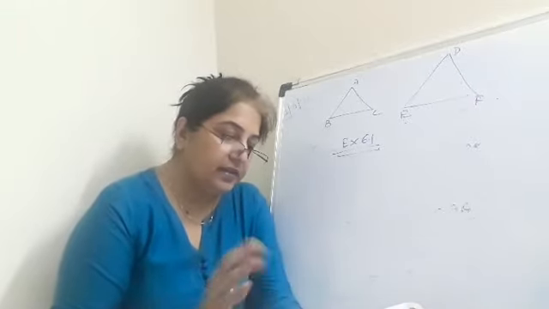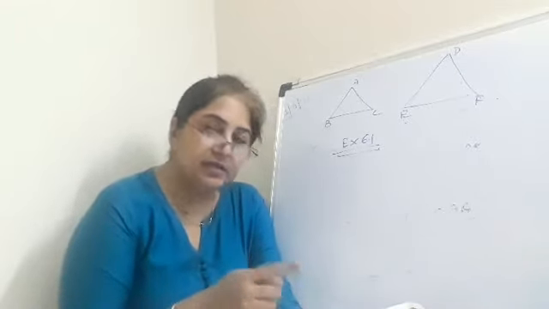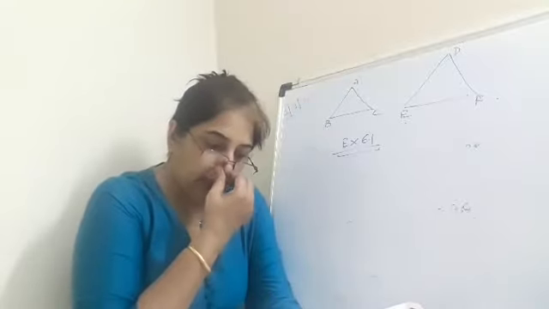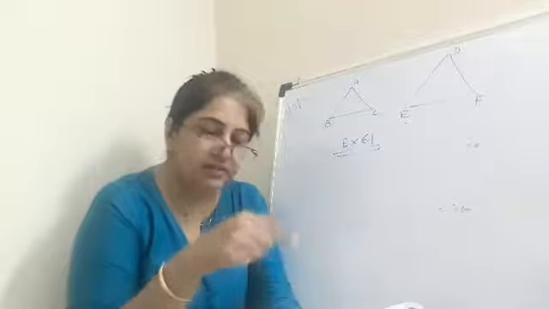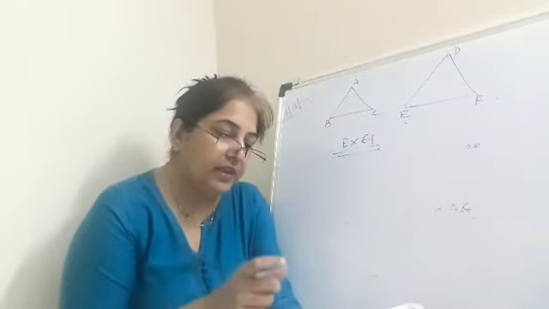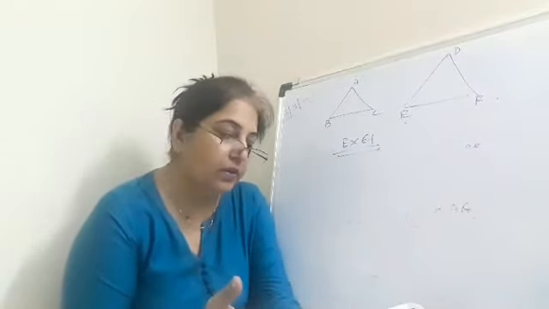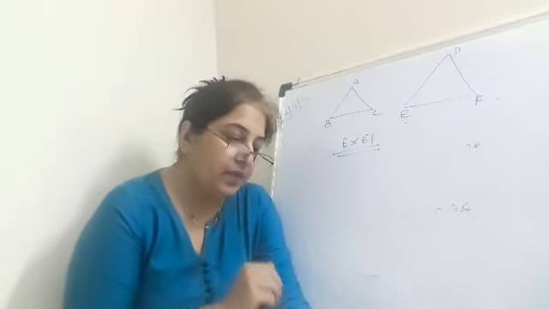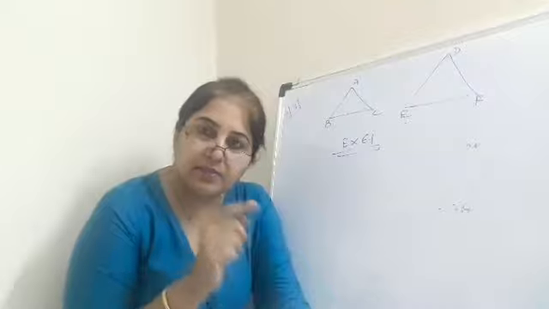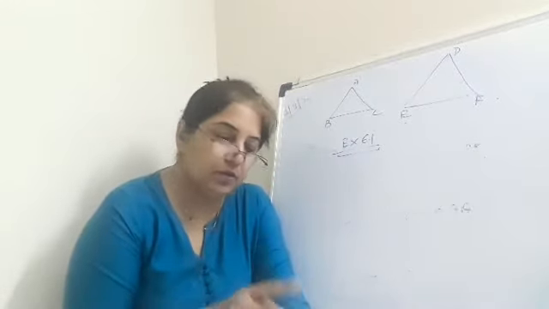All squares are similar. Now all circles are similar because any circle will have the same shape, you know that. But if it has the same radius, it will become congruent. So therefore in this the correct answer will be all circles are similar. Then all squares have same sides, they have same angles, so they are similar.